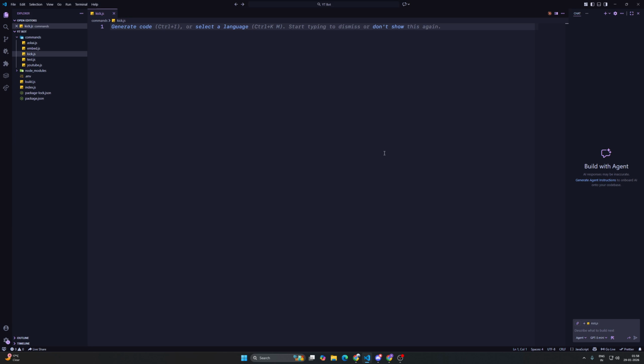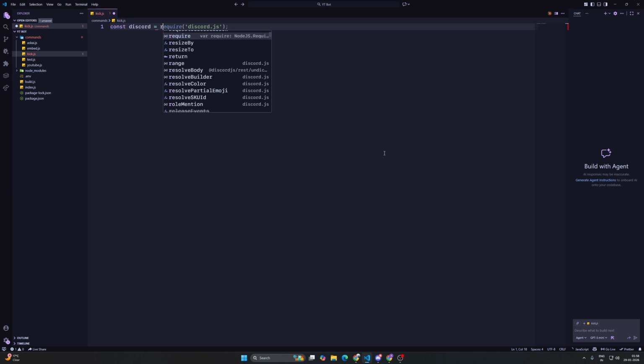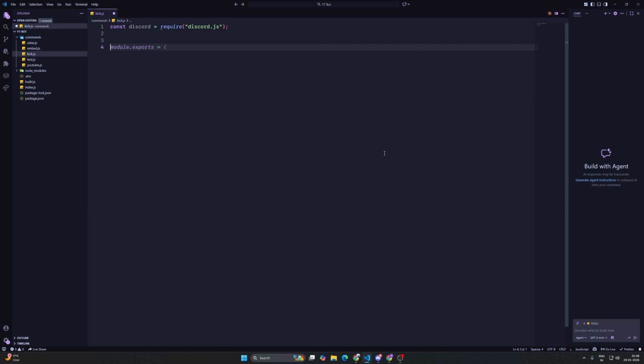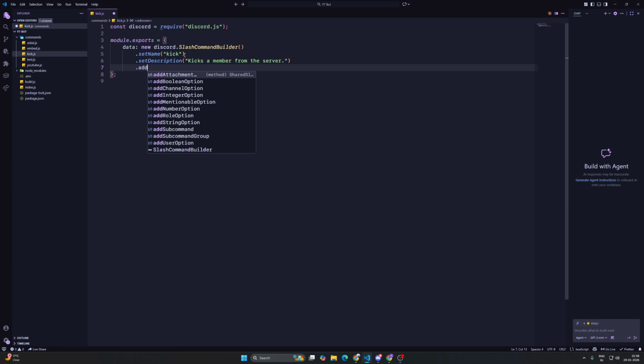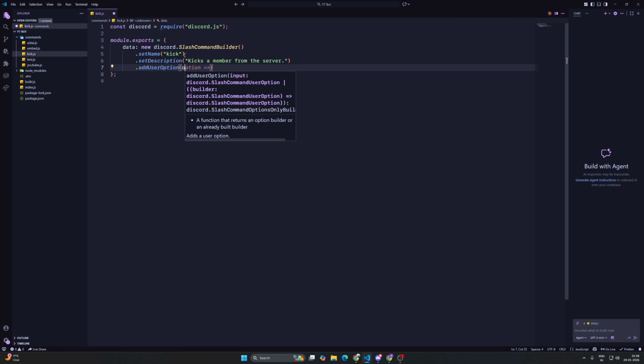So first of all, we need the Discord library, so const discord equals require discord.js. Now after that, module.exports equals, and in that we will put the name and the description, so data colon new discord.SlashCommandBuilder dot setName, and you can put the description with dot setDescription kicks a member from the server, and then dot addUserOption, and then option, and then arrow,